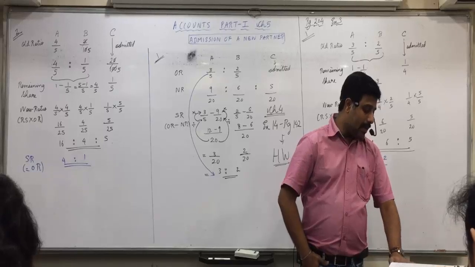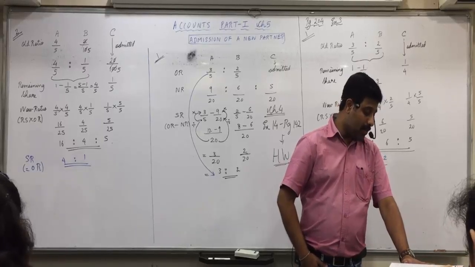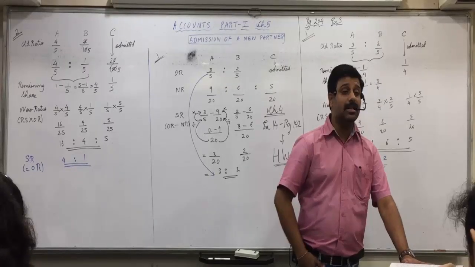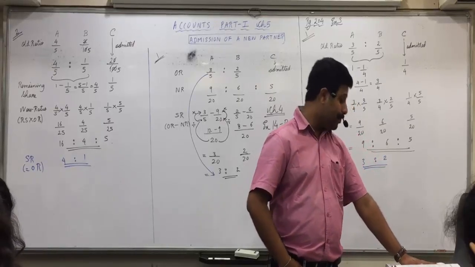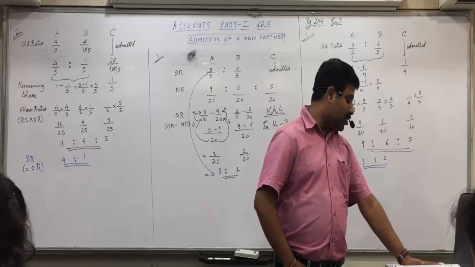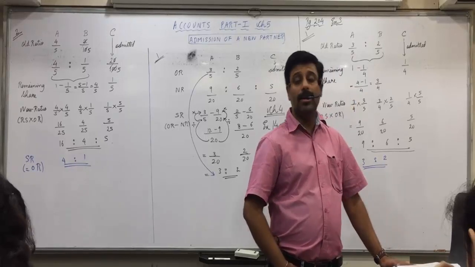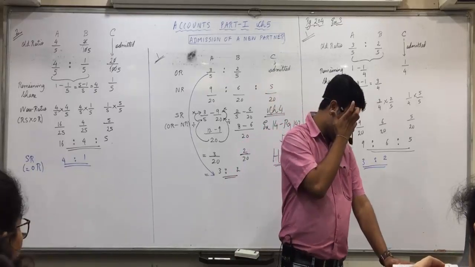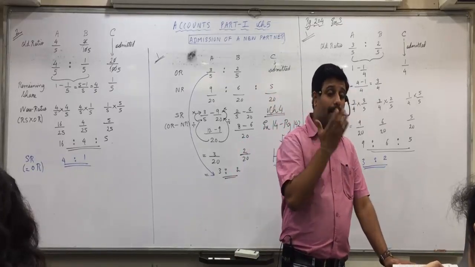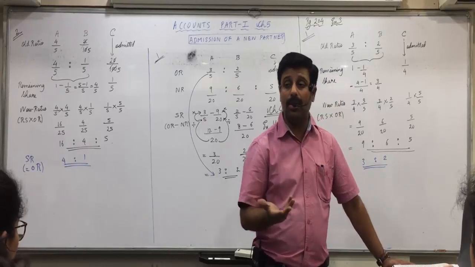Dattu, Daya and Tarak are the partners of a partnership firm sharing profits and losses in the ratio of 4:3:2, that is 4/9, 3/9, 2/9, old ratio. The firm's balance sheet on 31/3/17 is as under. What will you distribute between the partners from the balance sheet? Capital, you don't have to distribute as a capital only.